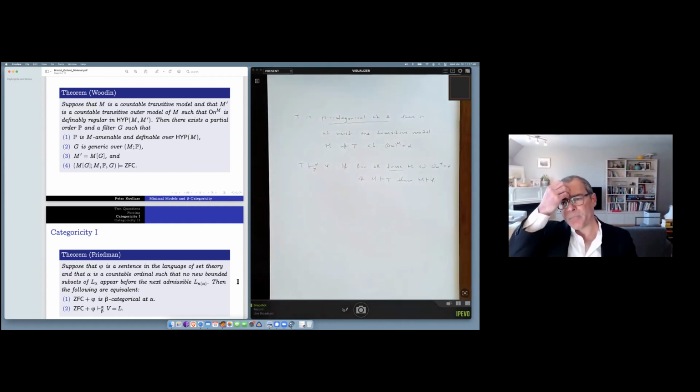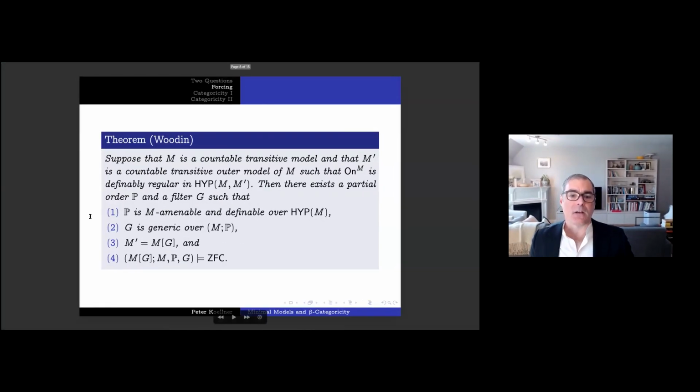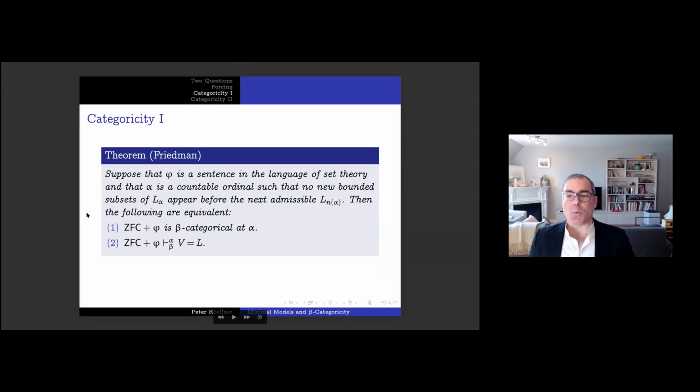Okay. So back to Friedman's theorem. If you're at one of these bleak ordinals, then ZFC plus phi is really saying that the only categorical theory is V equals L. So if T is beta categorical at alpha, so suppose T is beta categorical at alpha and beta consistent